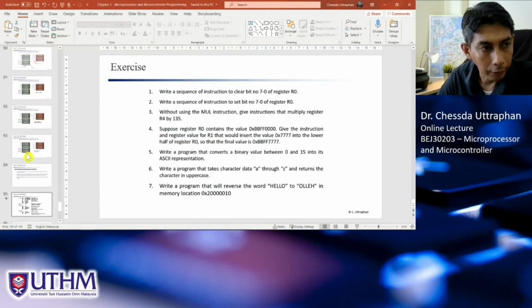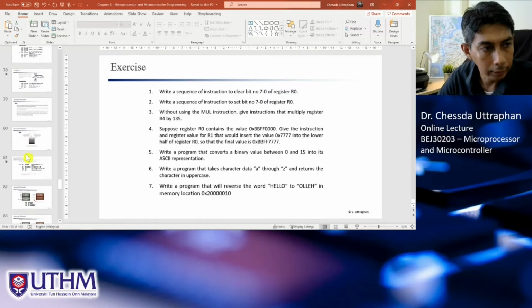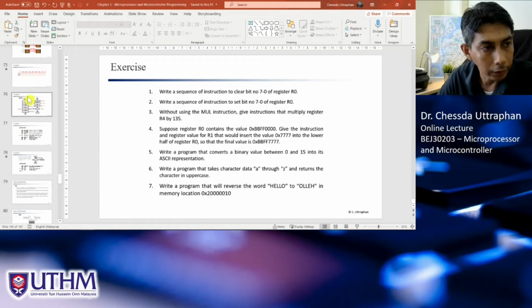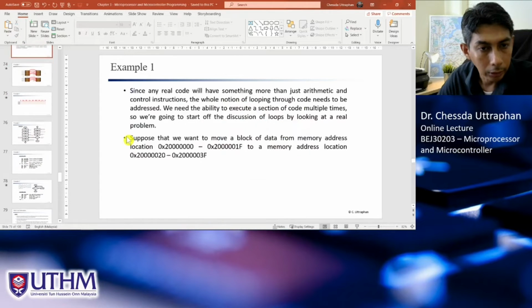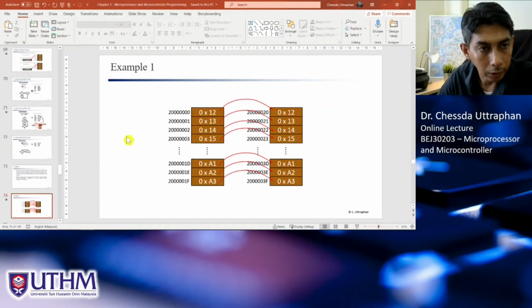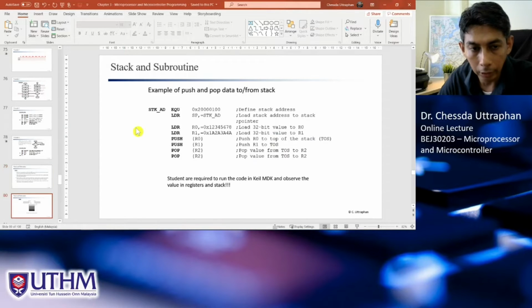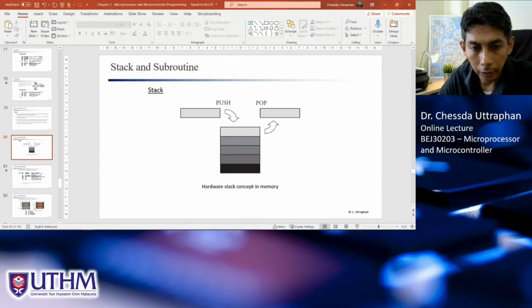So last week we have learned many things. We have completed chapter 3 already, how to start with stack and subroutine. So again, stack is the way we store data in the memory in the area that we